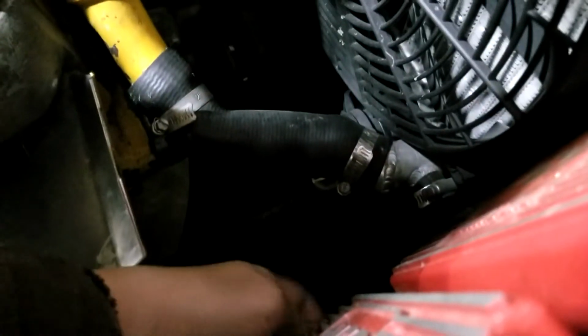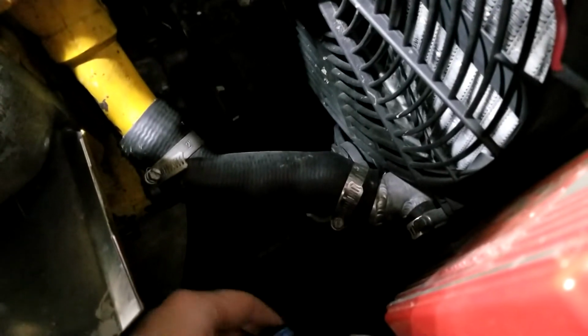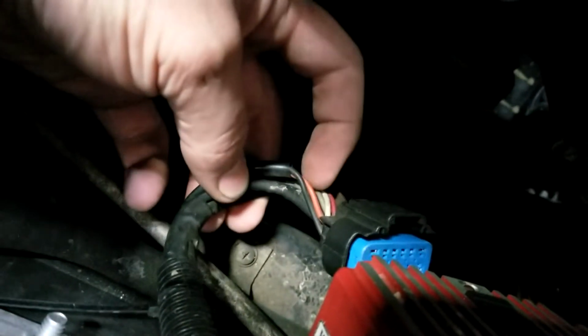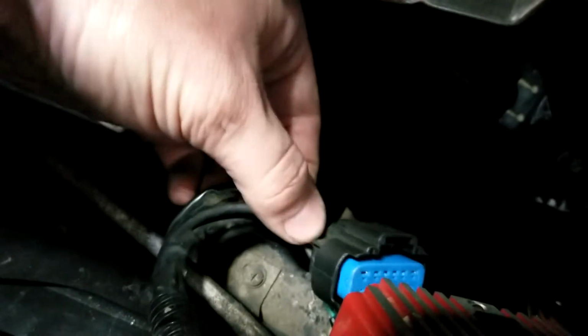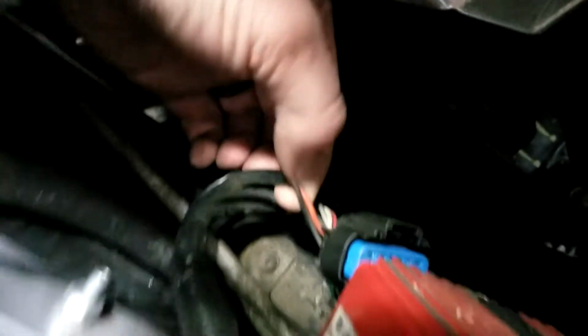So if we come around over here, we can see some of my janky wiring. So let me actually just pull this plug off so we can actually see it. All right, so it's a little tight in there right now, but at least you can see what I'm talking about. So little red, white's probably ground, gray. These might actually be, these red and black is probably what provides the signal